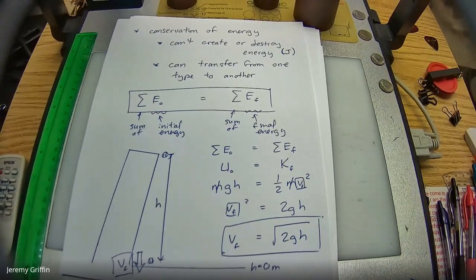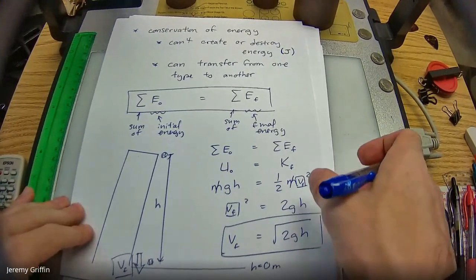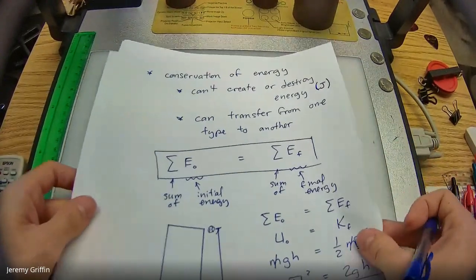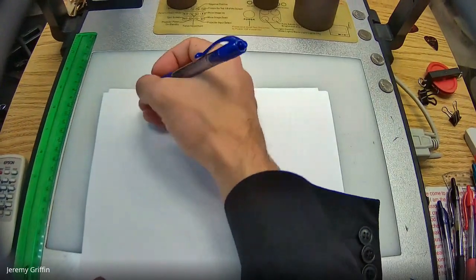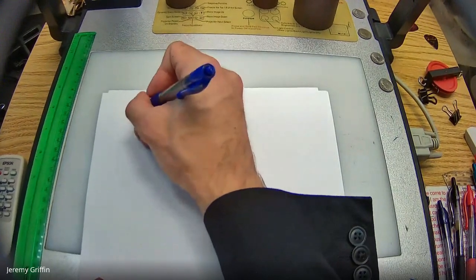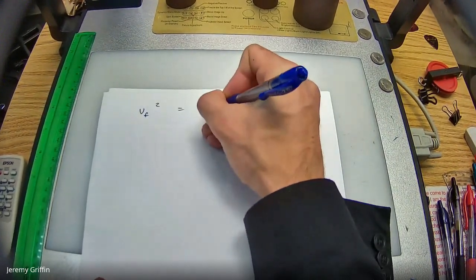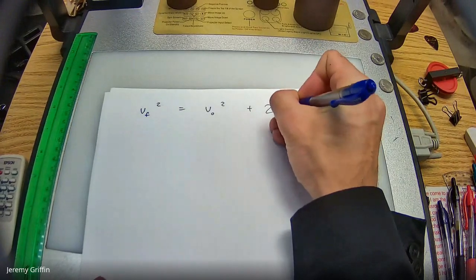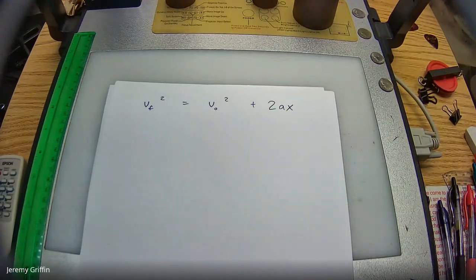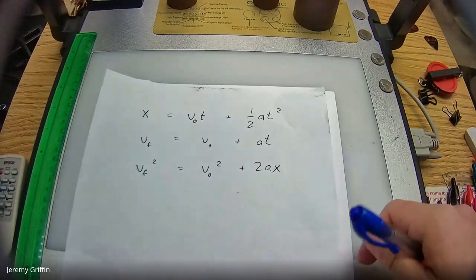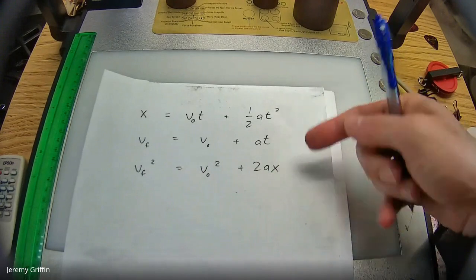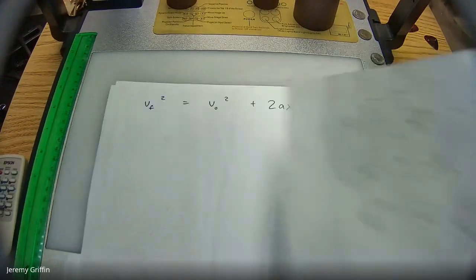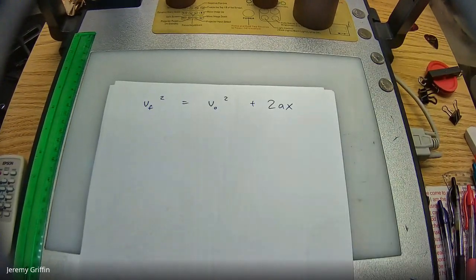Let's compare that to what the answer would have been from your kinematic formulas, and also plug in some numbers and see how it all checks out. So the old way was v final squared equals v naught squared plus 2ax, isn't it? Well, you actually had 3 kinematic formulas. Remember the third one, you could show by a system of equations for the first 2 to be the solution to those. The third one also doesn't say anything about time, so that's another reason I like that one.